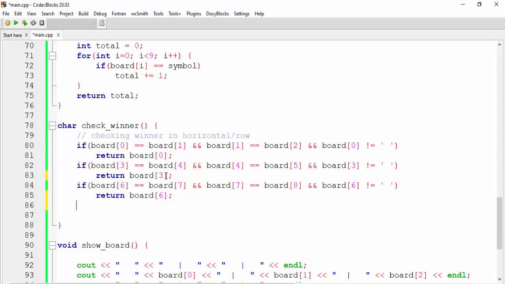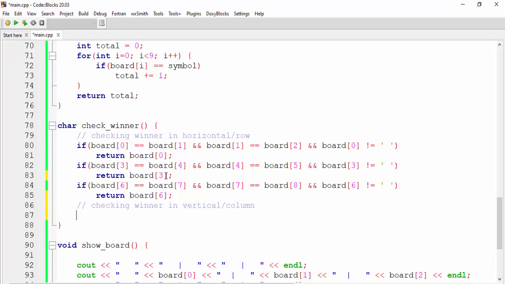Okay, now let's go down and check for checking winner in vertical or column. Okay, so here we will check the winner vertically.